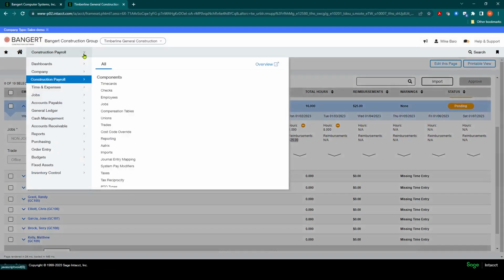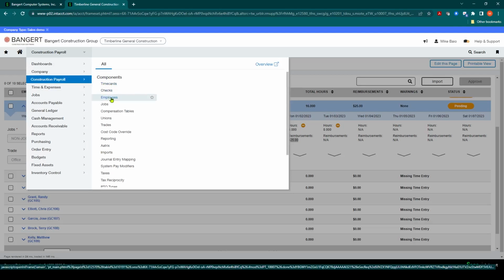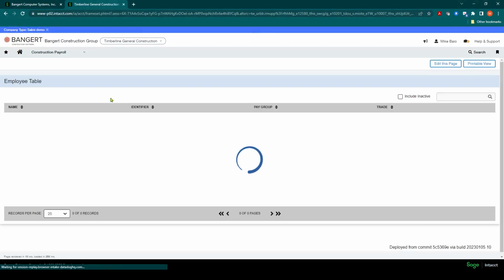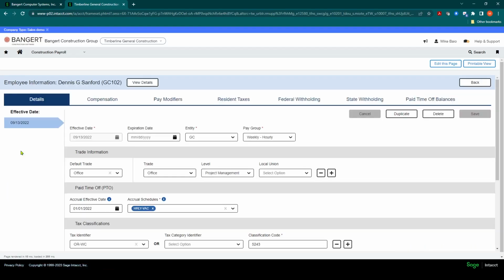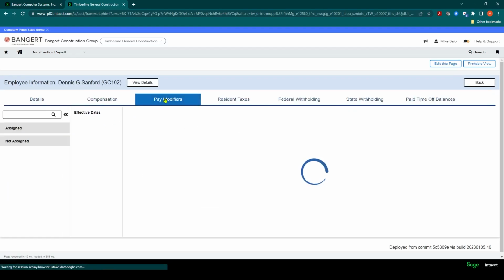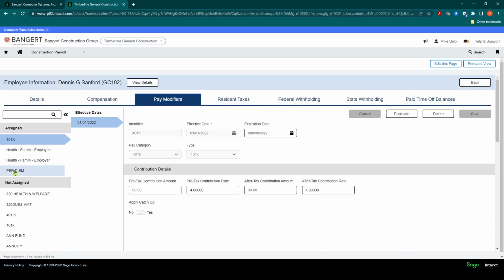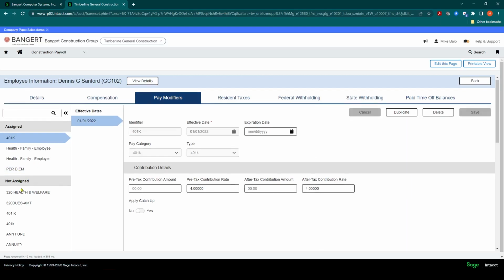Now, if it's a standard amount that is going to be automatically given to an employee each week, you can also set that up in the employee settings under Construction Payroll Employees. And in this case, I believe for Dennis, we set up a per diem, or it could be a cell phone, let's say.